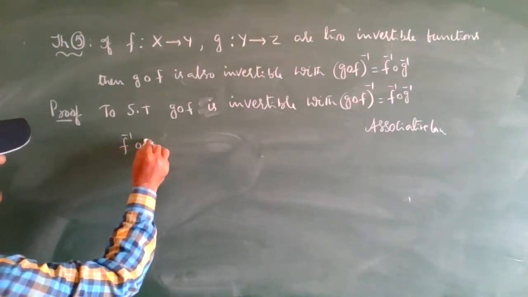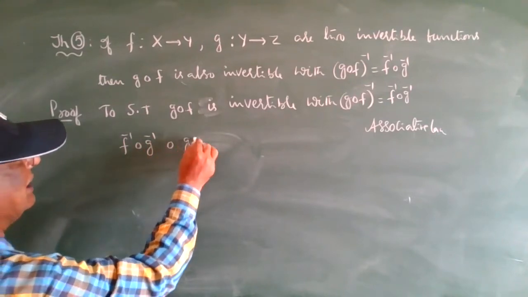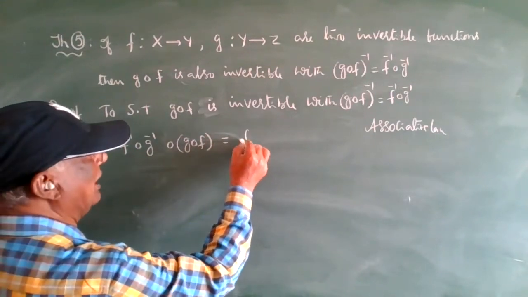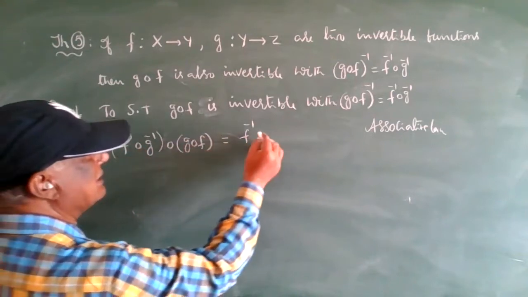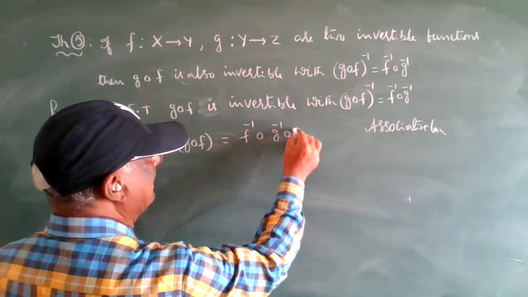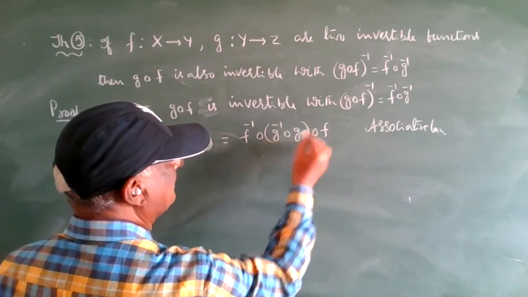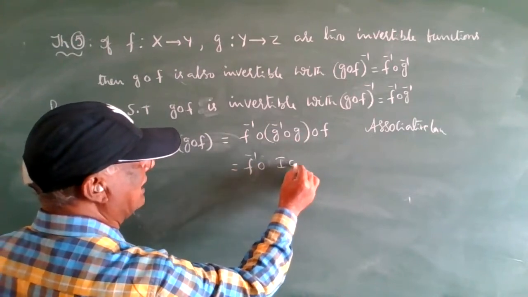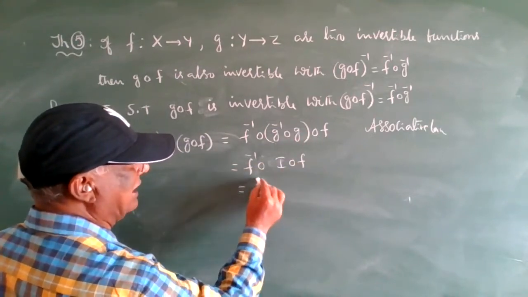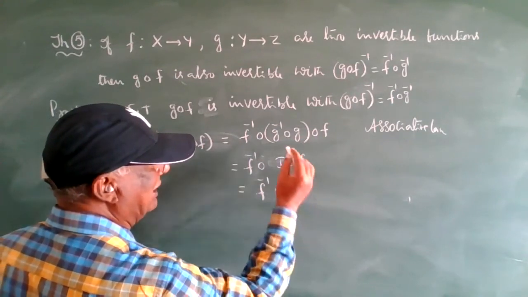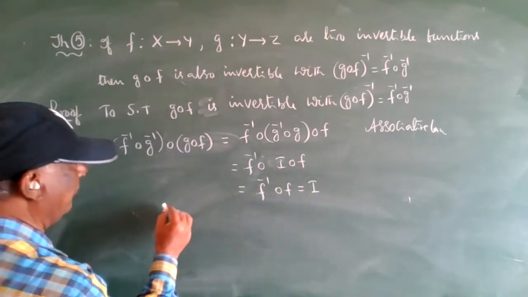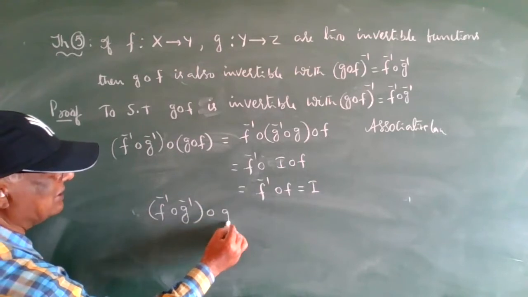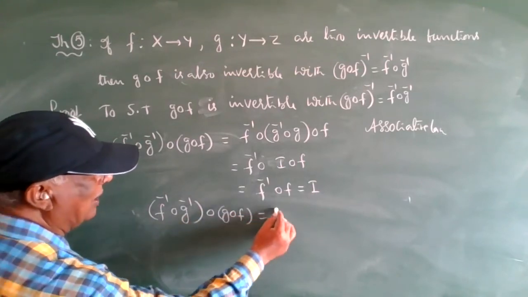F inverse circle G inverse circle G circle F, that is equal to, by the associative law, F inverse circle (G inverse circle G) circle F. Its value is I. F inverse circle I circle F. I will use the same value circle F, by the inverse property, it is I. Therefore, F inverse circle G inverse circle G circle F